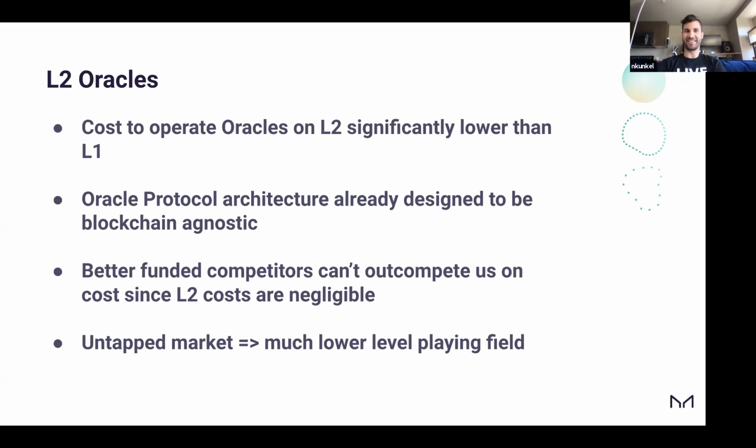But anyways, that aside, the general thing though is that on layer one, the performance of the oracles, the accuracy of the oracle, is heavily linked to the costs of running the oracle, right? We update our Ethereum oracle on every 0.5% spread, right? So every time the price changes by 0.5%, we update the oracle.